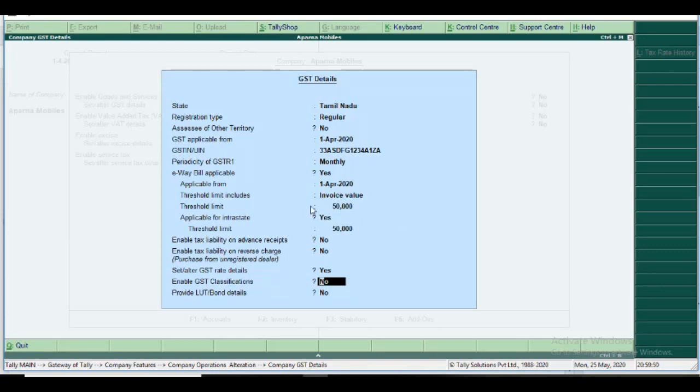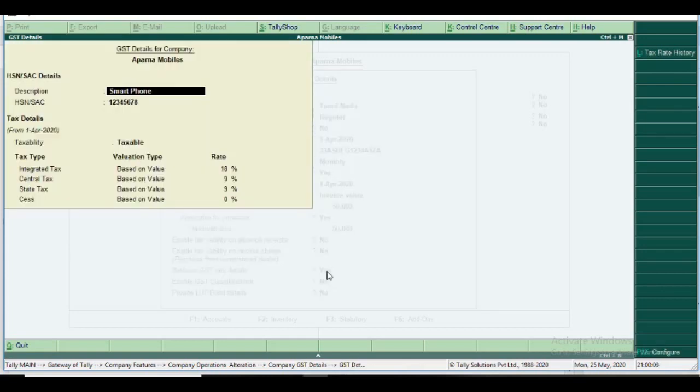Only in the subscreen, you check the state Tamil Nadu, registration type as regular, and then you type the GSTIN, a dummy number. Finally, you put yes. Open the subscreen. You can't view the HSN or description or taxable and tax rate unless you press F12 and enable the option. Then you can see the options and fill them in.